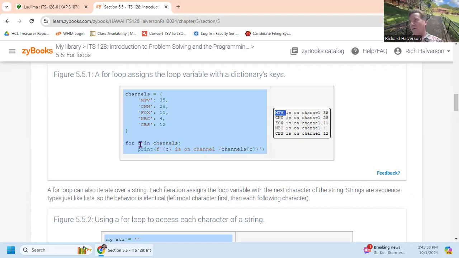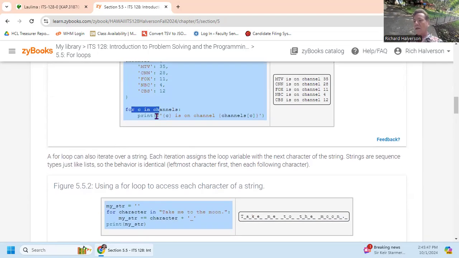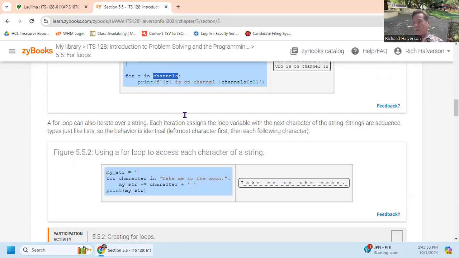There's a key-value pair. So there's the key and then there's the value. So when we do the for loop this way, and we just say a variable here, we're talking about the keys of this dictionary. We can also do